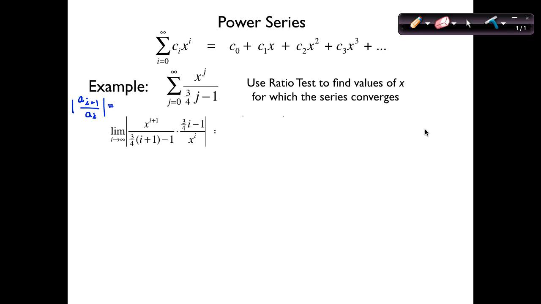And then remember, we look at things in groups, right? Like things. So we've got some x's on the top and some x's on the bottom. So how do we resolve those? What do we end up with? One more x in the top, right? This has one more x in the top than the bottom. So we're going to have an x in the top. And then